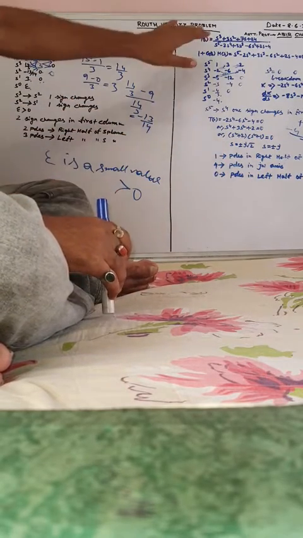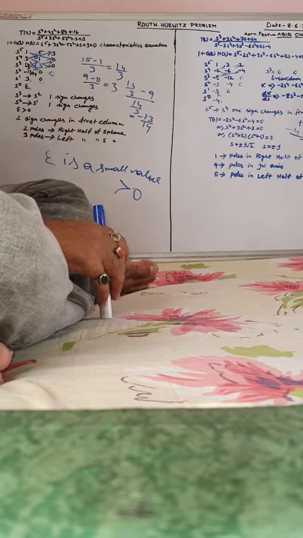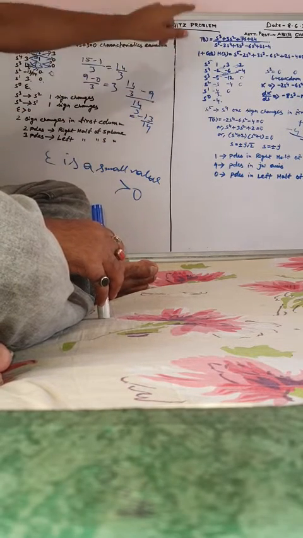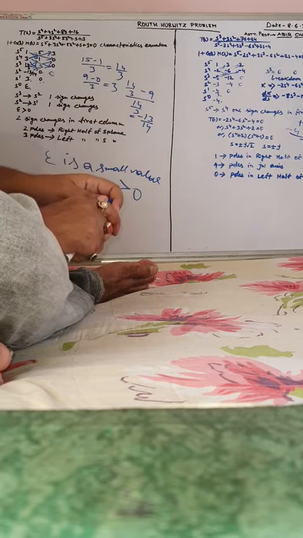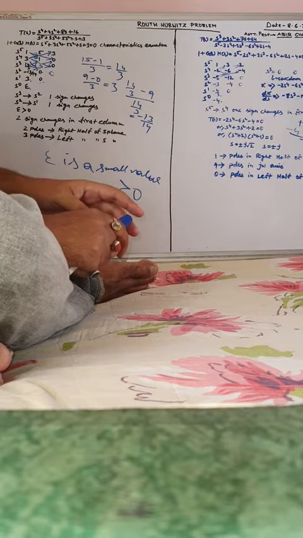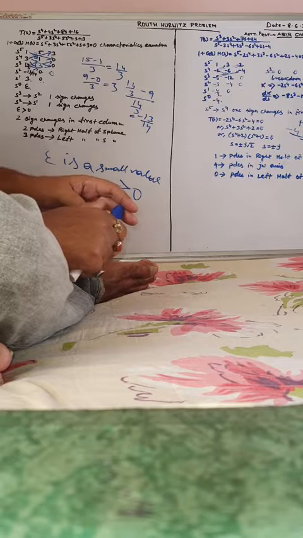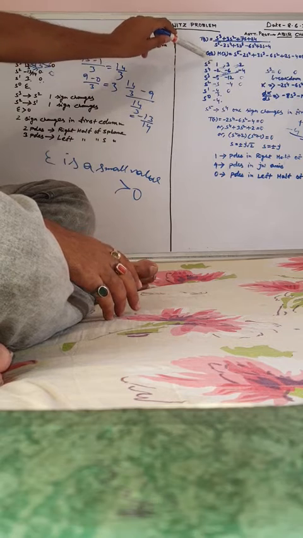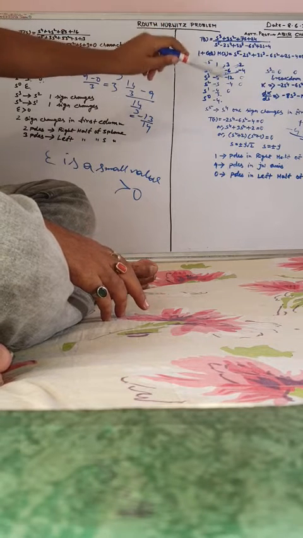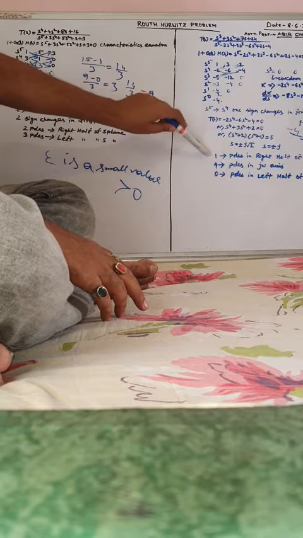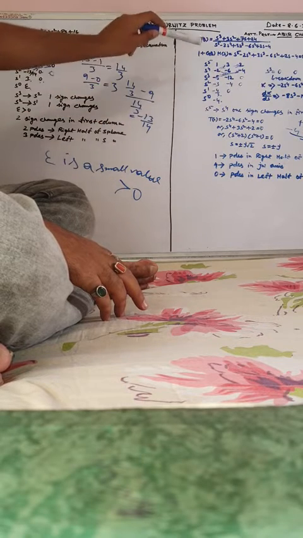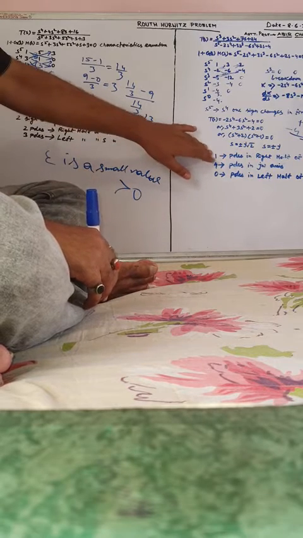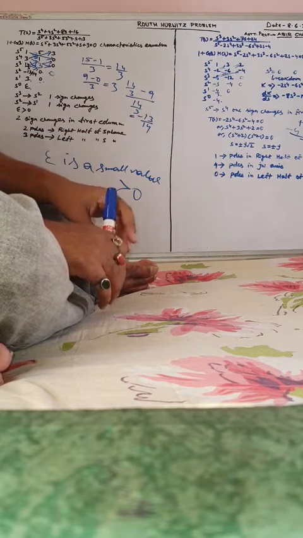If there is no sign change in the first column of the table, then no poles will lie in the right half of the S plane. So the system will become stable. Here the system is stable. This system is unstable because from S5 to S4 there is one sign change, which means 1 pole lies in the right half of the S plane.